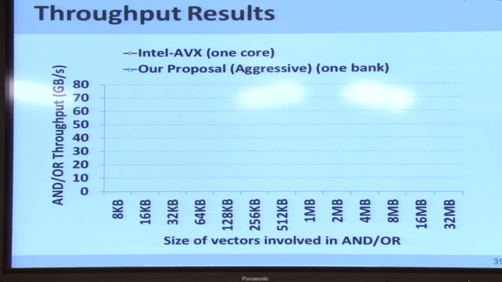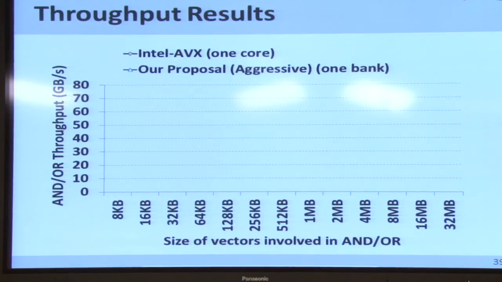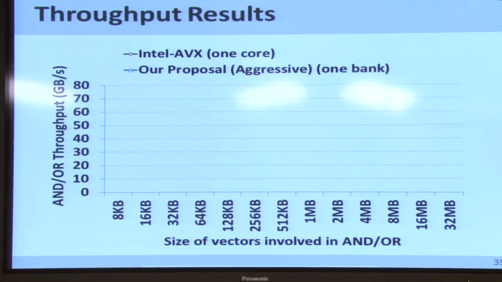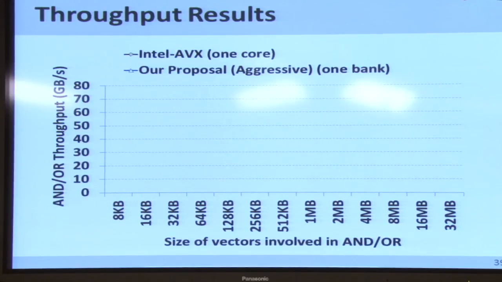What's going to happen as we move from left to right on this particular graph? Let's say the size was 8 kilobytes. I'm running this loop a million times, right? So when it's 8 kilobytes, everything is going to be present in the L1 cache. The working set of the micro benchmark that we wrote is going to be roughly 3 times the size on the x-axis. If the size of each vector is 8 kilobytes, we have 3 vectors running in a loop, A, B, and C. So the working set is going to be 3 times 8, 24 kilobytes,